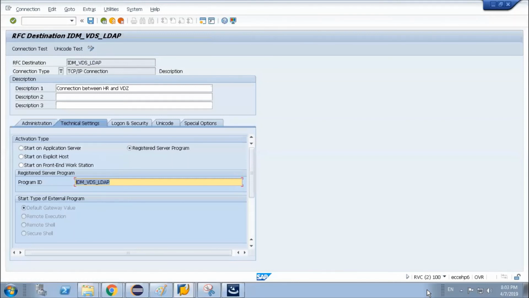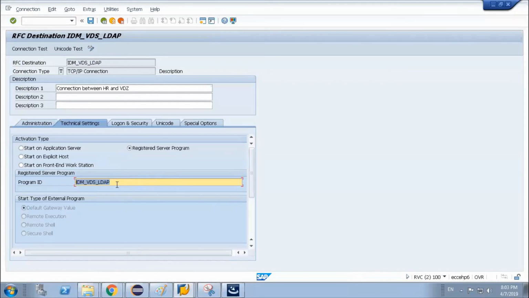What is the program ID? Let me check the program ID.